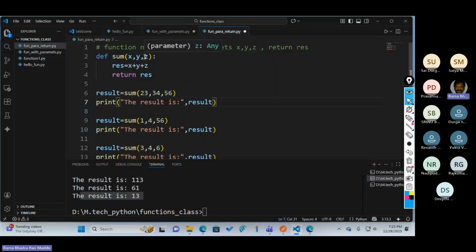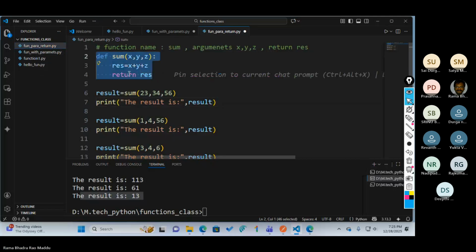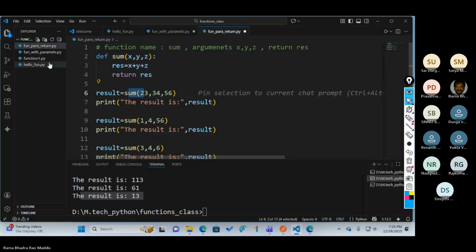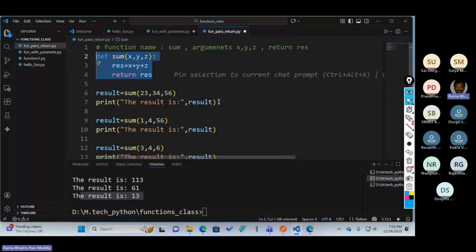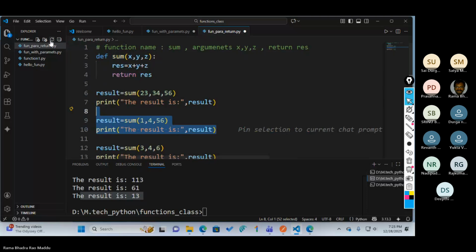The first one, built-in function. Anyone know what is a built-in function? Actually, the functions we write ourselves and call are called user-defined functions or custom functions. We are writing our own function and we call it as per our requirement. But built-in functions are nothing but functions Python has inbuilt. When they developed the Python language, they gave some functions by default. These are nothing but built-in functions.